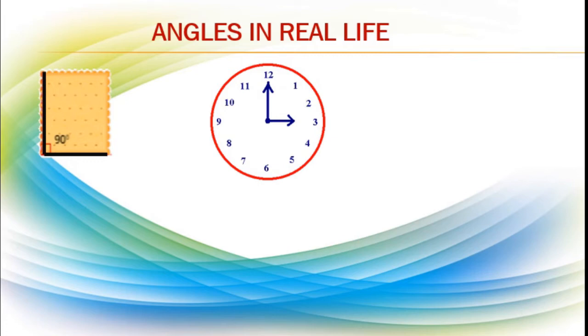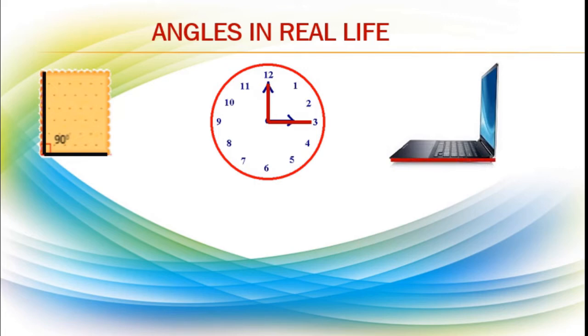Please observe this picture, a wall clock. A wall clock has two hands, the hour hand and the minute hand. Please see the position of these two hands. Again this is one line and this is the second line, and it also looks like L in our English alphabet. Correct? Now one more picture. This is a laptop. See the two sides of the laptop, they meet and again an angle is formed.